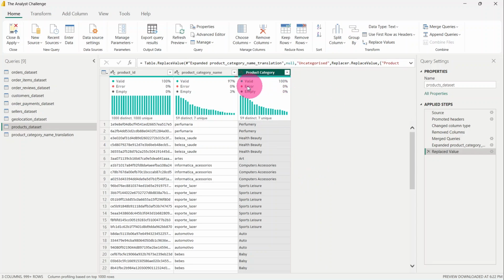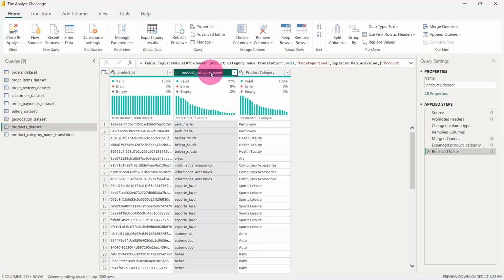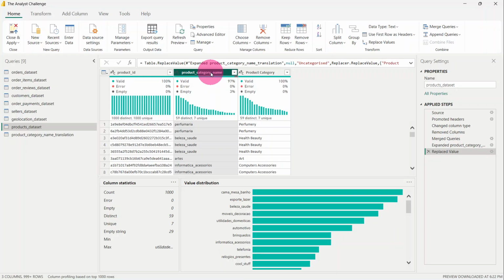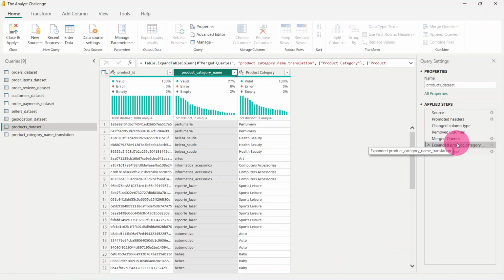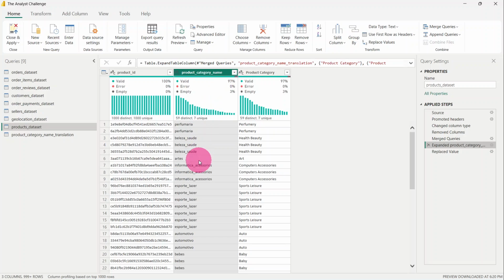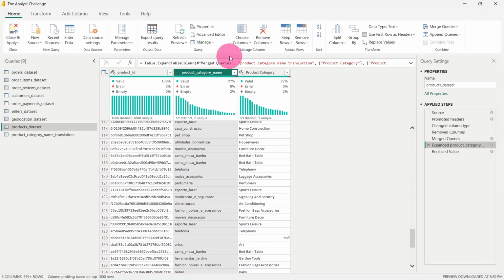So you can see that the errors are now gone for this column. They are now 100% valid, right? Now, there's another underlying data issue in this column. Let me take a step back and show you what I mean. If I scroll down, if I sort this first,